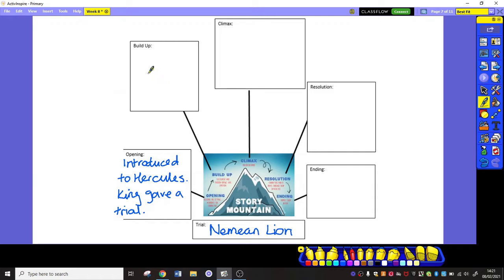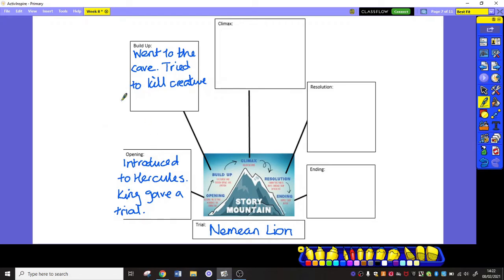What happened next? Well, he went to the cave. And then he tried to kill the creature. Now I've missed quite a lot of detail in here because I've done my boxes quite small, but